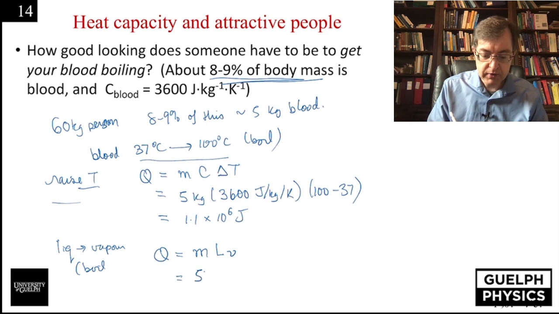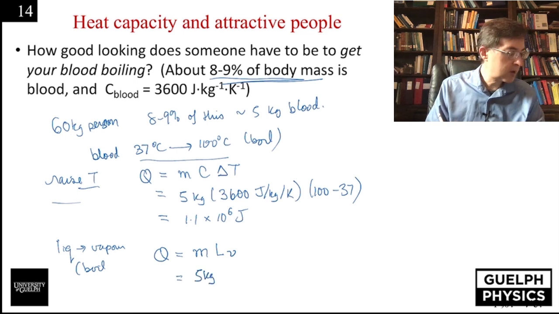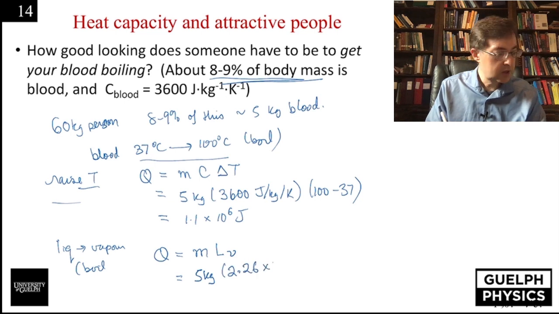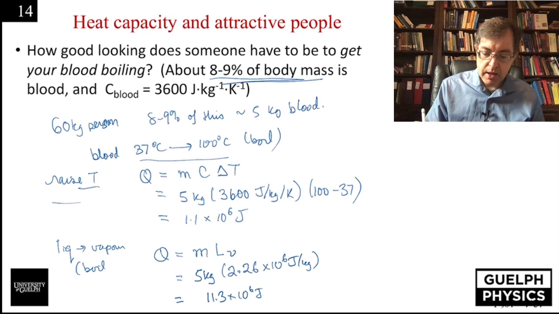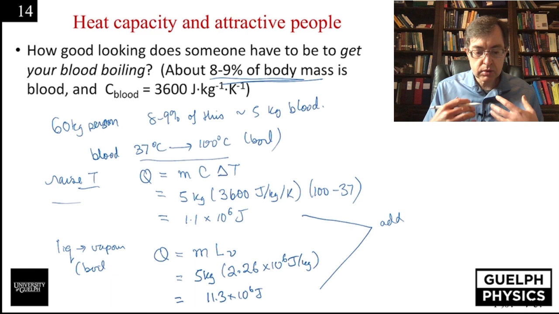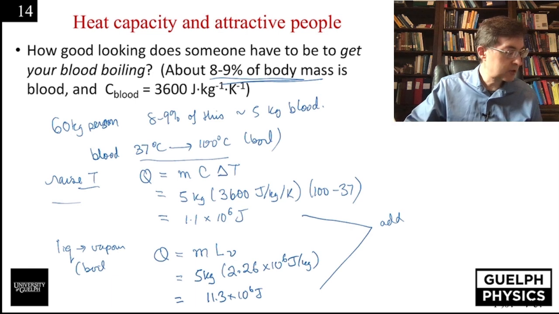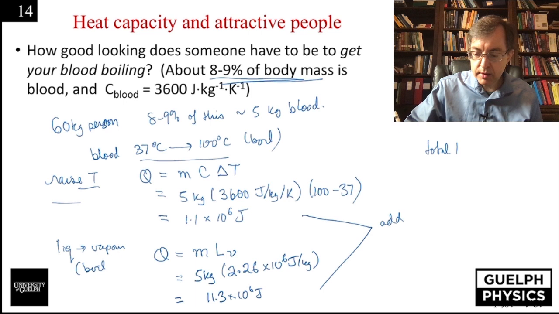And the mass of the blood is 5 kilograms, and the latent heat of vaporization, well, we'll use that we're vaporizing water, and so I use that value 2.26 times 10 to the 6 joules per kilogram from the table, and I get a heat just to boil the blood, which is 11.3 times 10 to the 6 joules. And so if I add these two values together to get the total amount of heat that is put out, the total heat is the sum of these two, is 12.4 million joules,